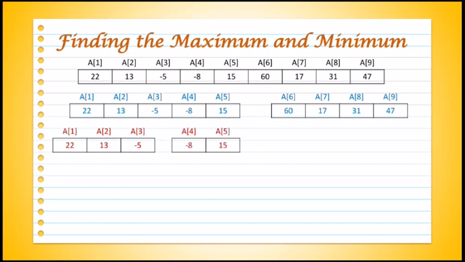Similarly, we will apply the rule for the second array. Here 7 will be the middle value. So the 6th and 7th element will be our first array, and 8 and 9 will be our second array. Now if you see, in the first array there are 3 elements, but we require only 1 or 2 elements in the array. So this particular array we will divide again by using the same divide strategy.